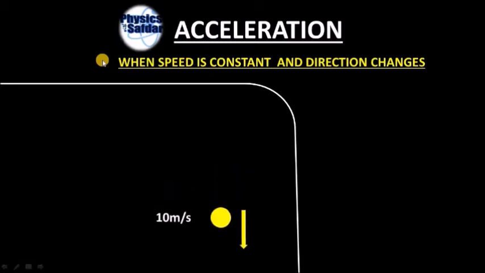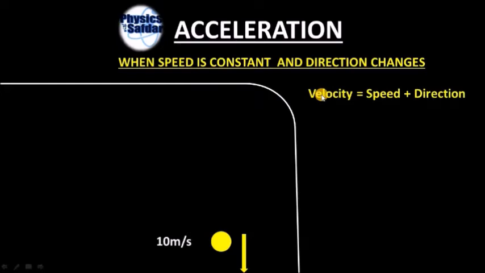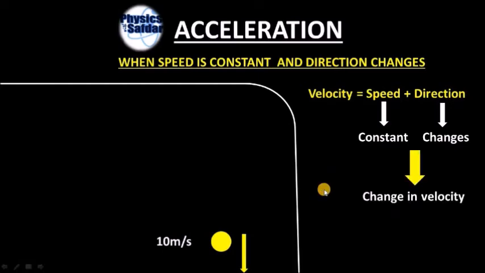Now we are going to discuss its motion in detail. Look at this velocity equation. You know well, velocity depends upon speed and direction. In this case, the speed was constant and direction changed. If any one of these changes, that produces change in velocity. When you have change in velocity, it produces acceleration. So you can comment that the object was accelerating in this example.